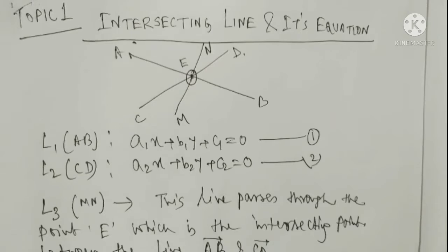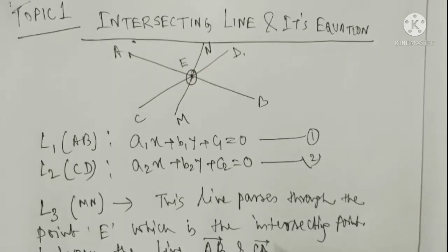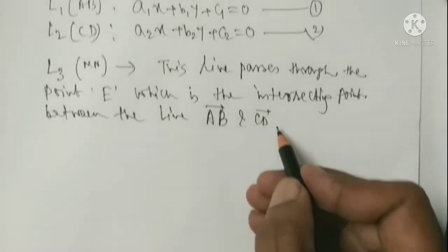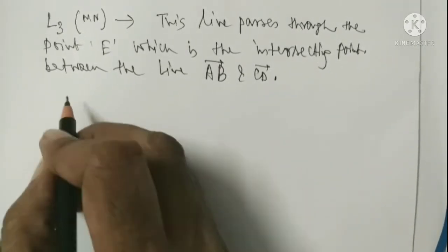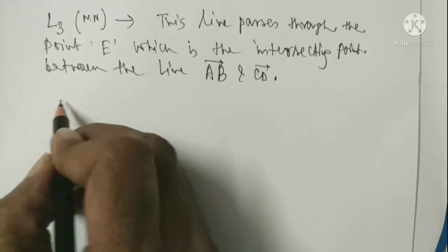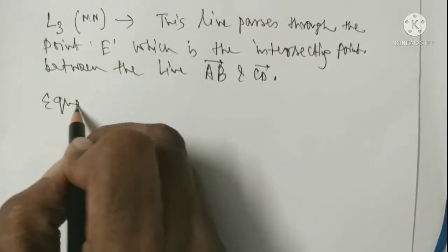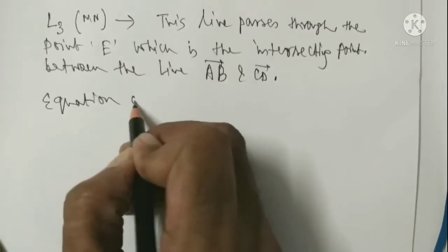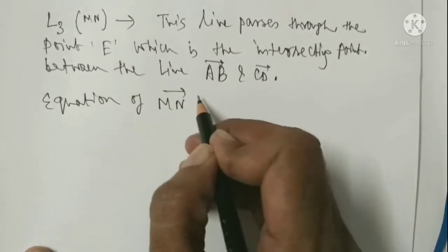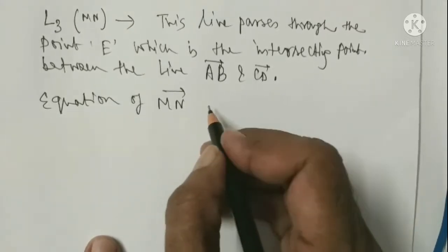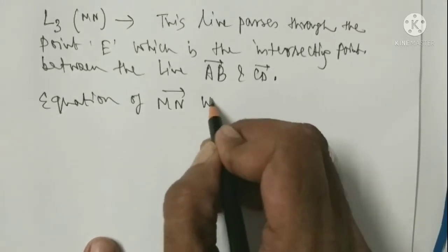Now our task is to find out the equation of MN. Equation of MN, which is new and passing through point E, equation of MN will be